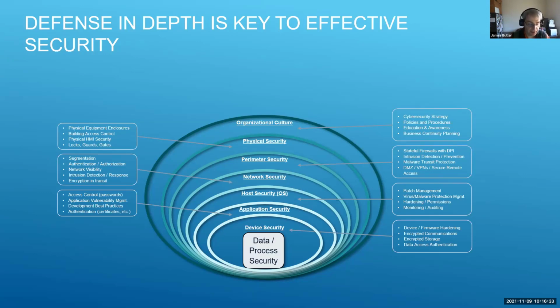In principle, it's pretty simple. The idea is that we want to use multiple ways of thwarting the attackers at every level of our security architecture. The slide we have there is kind of an eye chart, but I'd like to give one pretty simple example, which is two-factor authentication.